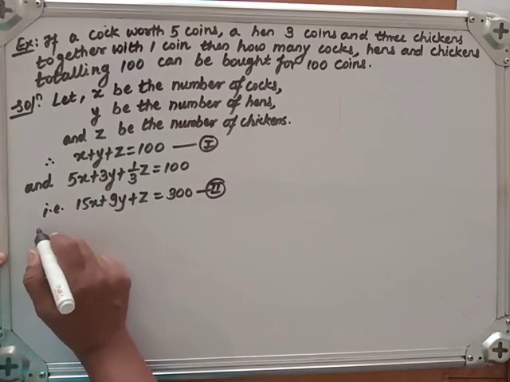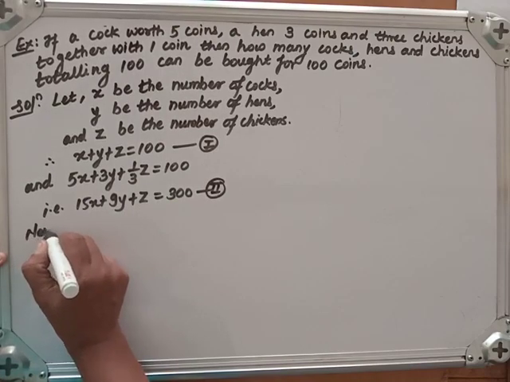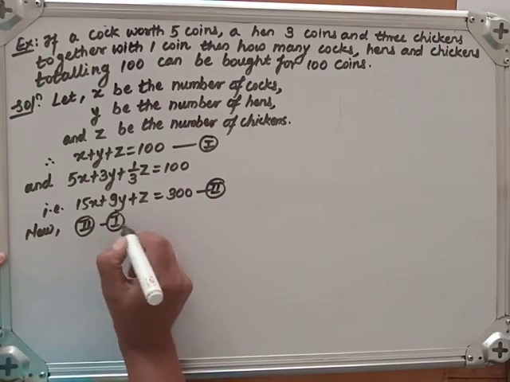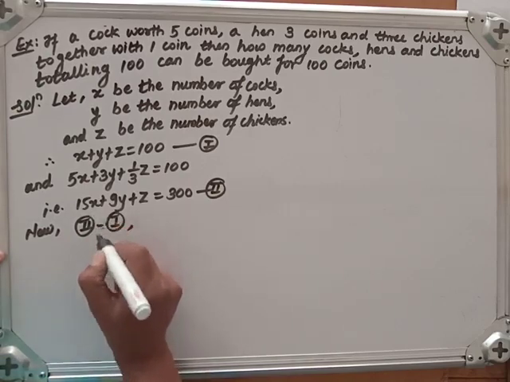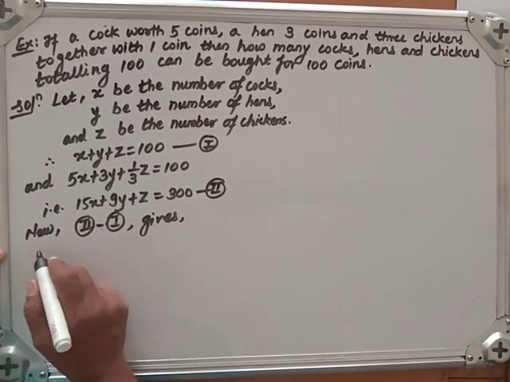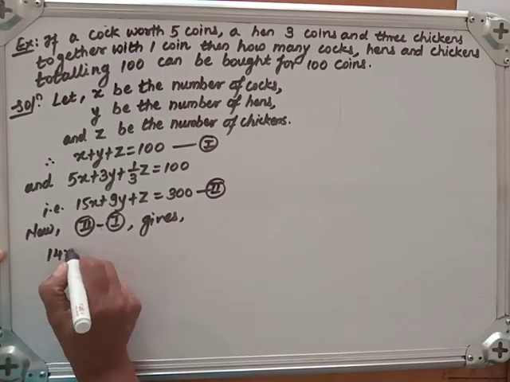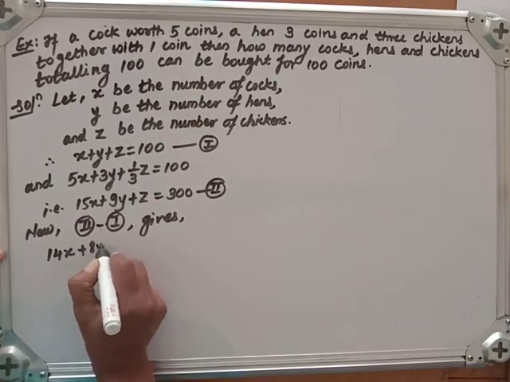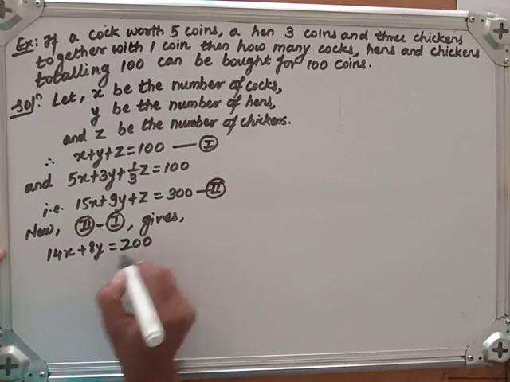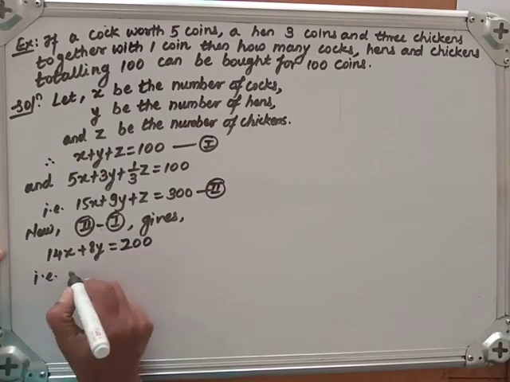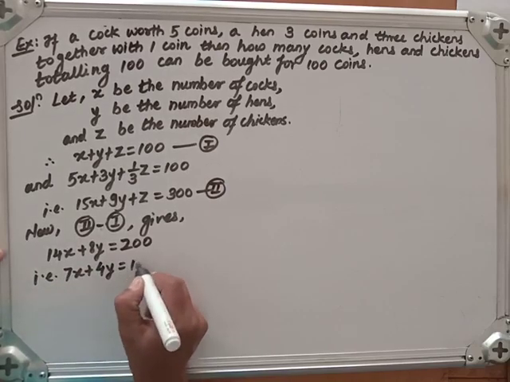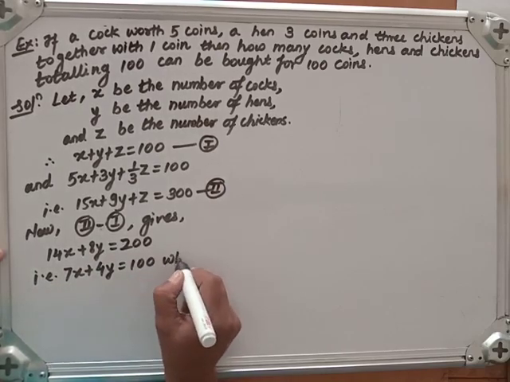Now do 2 minus 1 gives 14x plus 8y is equal to what? 200. That is 7x plus 4y is equal to what? 100,